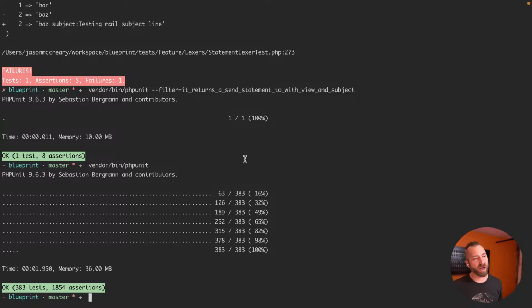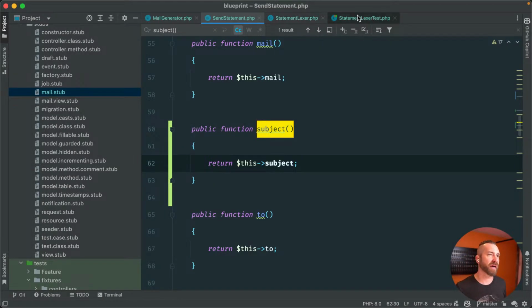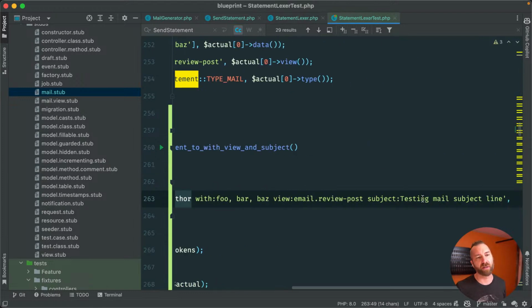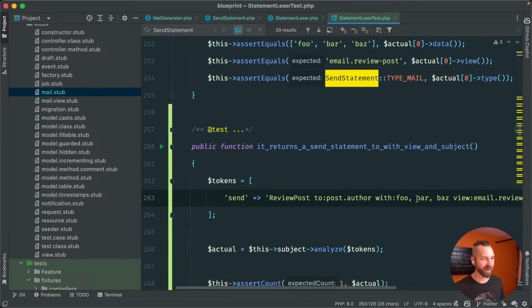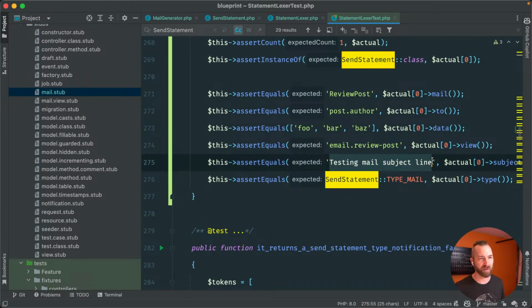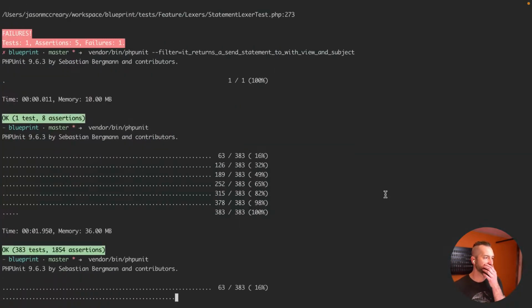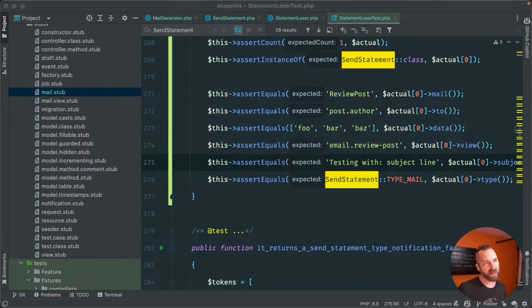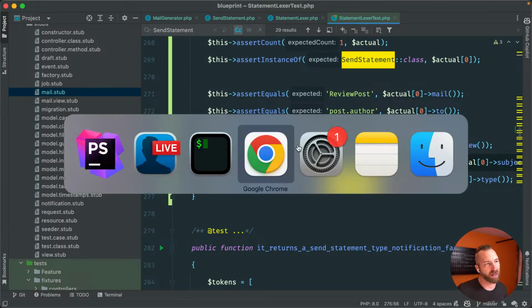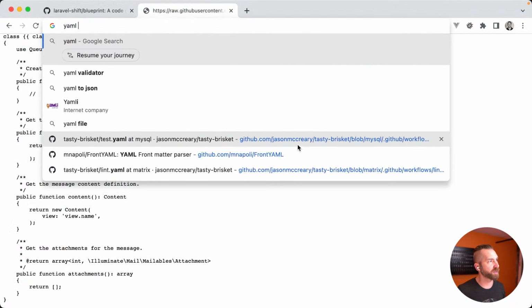But again, we know that we can break this if I do something a little grosser, like testing with a colon in the subject line, right? That's going to explode. So just to get a harder test in there. And now the subject line doesn't get caught with the with, and it's getting pulled out, and some other things are working, but it's gross. So if I wanted to support this, again, I'd have to think on it a little bit more, but if we just did a YAML parser,